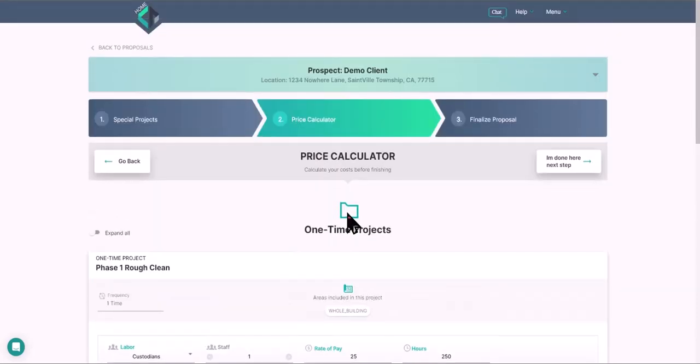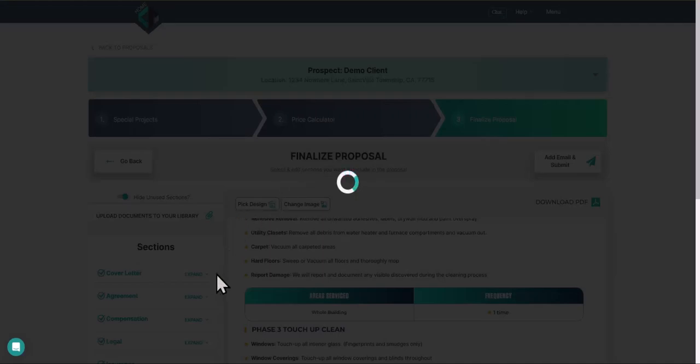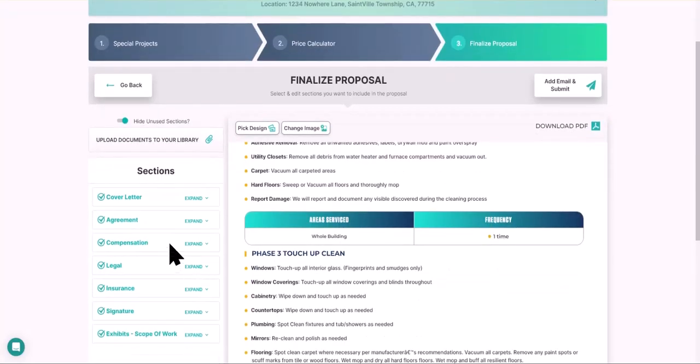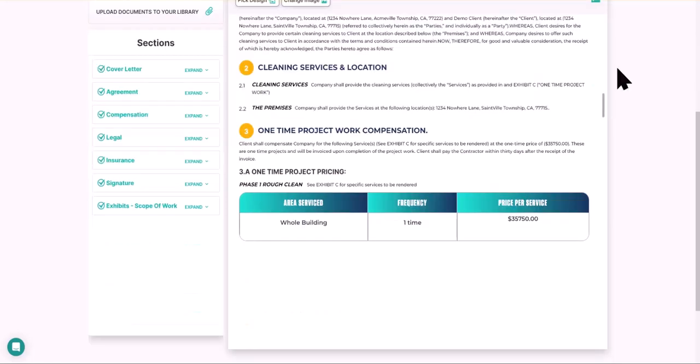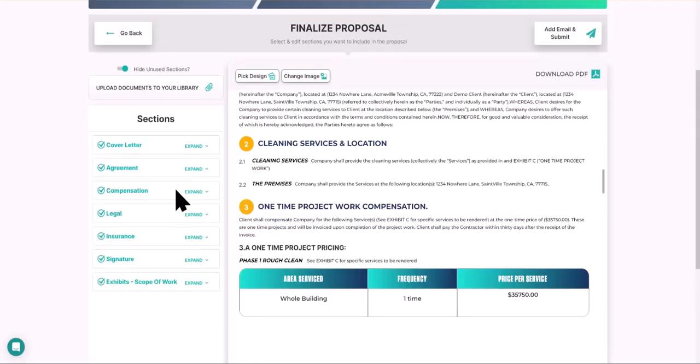By the way, this calculator works the same in other modules, and you have assisted bidding calculators in other modules as well. And that, folks, all transfers into the final section of your proposal. So if you want to just see the numbers that we just put in there, we would just go over here to the compensation section, and then we would click on compensation, and you could see that that price automatically transferred in here. It also has a legal agreement